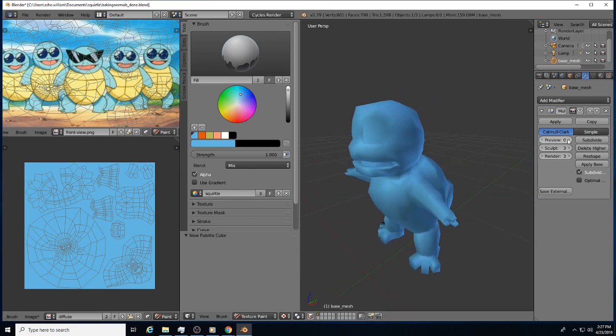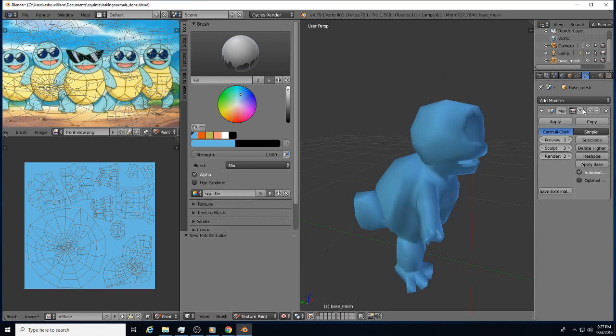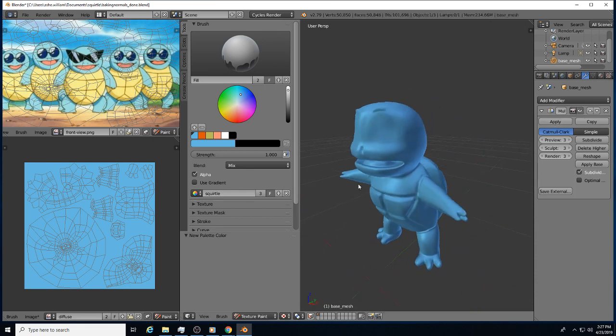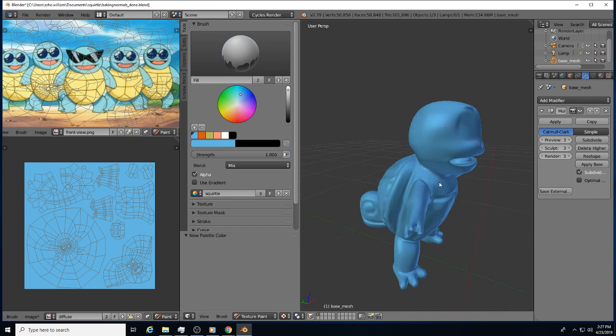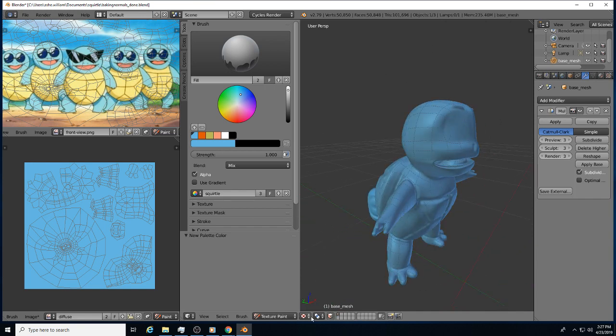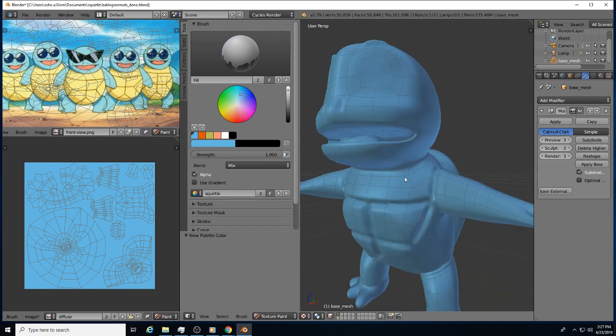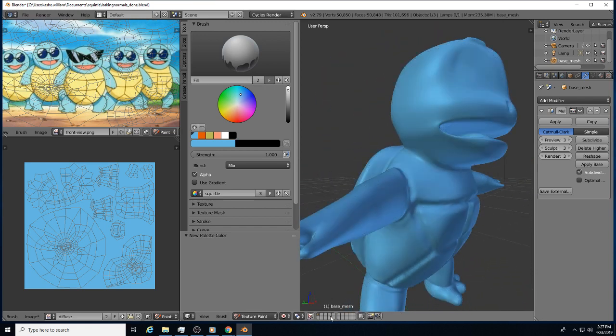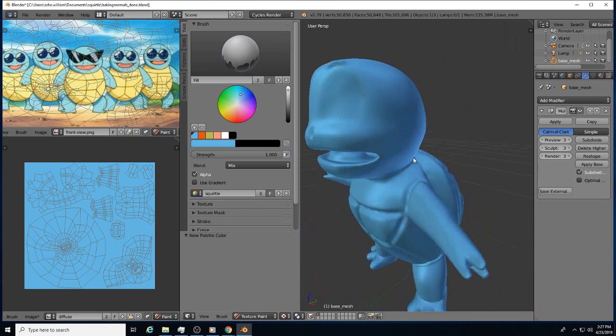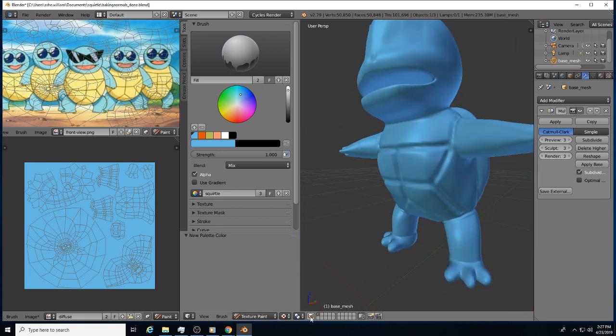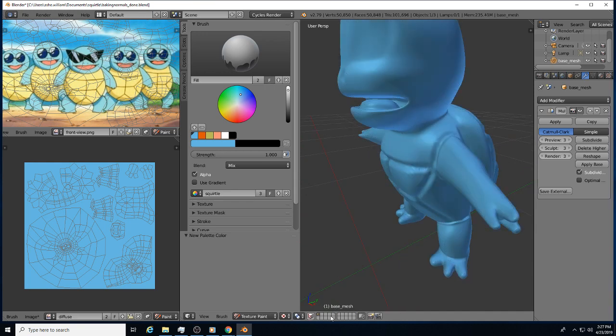Now I'm going to crank up the preview on my thing here and make that visible so I can see what I'm painting. And if I go into texture face selection masking, you can see how I can now mask. Okay, so I crank that up so I can get that curve. It just helps me a little bit, and then I'm gonna try to paint these things. So I'm gonna keep the vertex masking on, and that's this checkbox, and you'll see